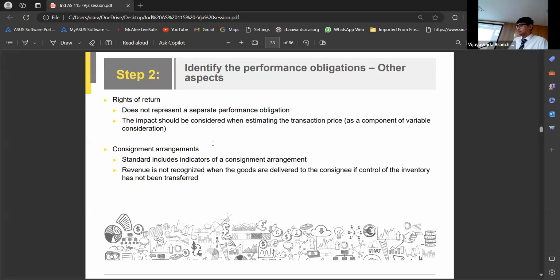If you look at any product that is supplied through Amazon, they just create a beautiful website, everyone comes and buys. But all suppliers of Amazon are forced to give right of return. Sometimes Amazon will take the right of return responsibility. It will assure the suppliers, if there is a problem, I will bear the cost. Both models are there. It all depends on how they want to promote. They will run a lot of promotion schemes, Amazon. But the point here is